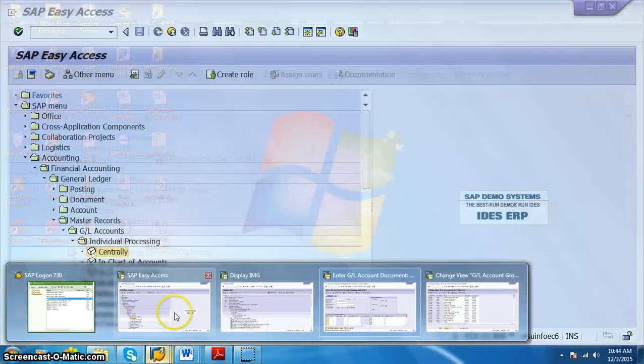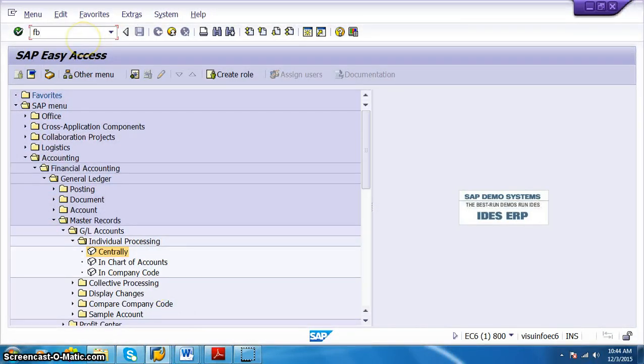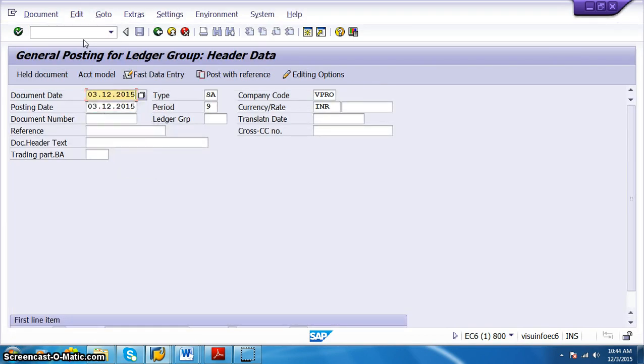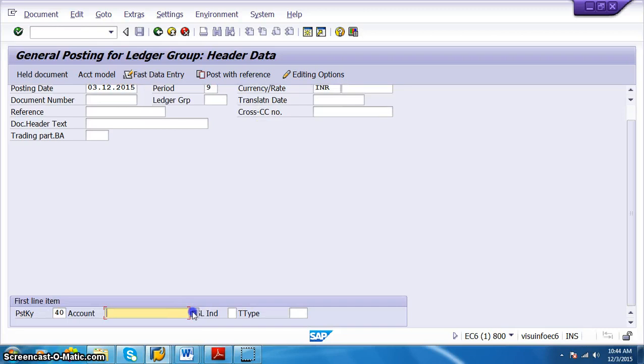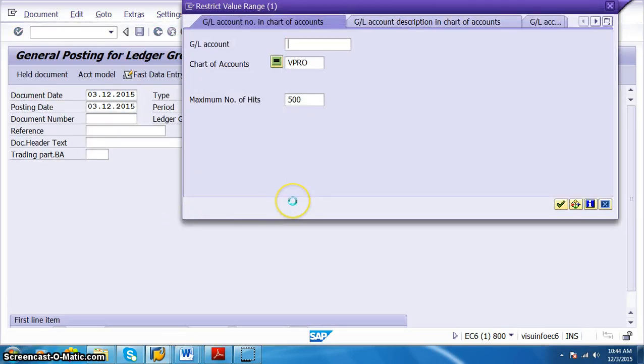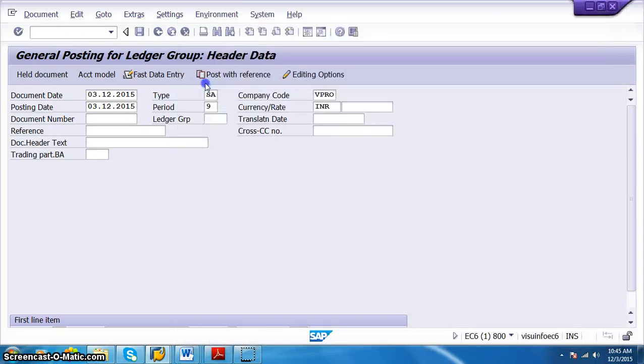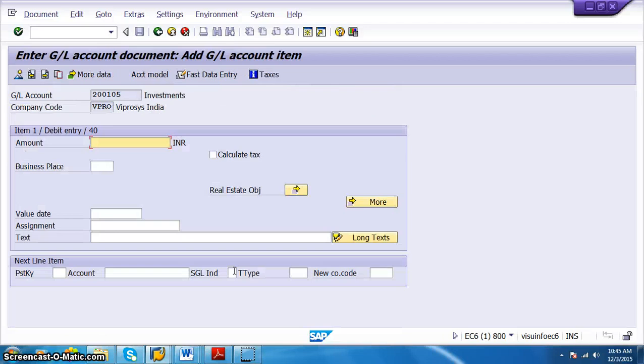For holding the document, we normally have, even in the same FB01L, some option called hold document. Basically there are certain situations in which we want to restrict the end users from posting the document directly. So what we do is we just give them the access to hold the document. Later someone else can log in and the authorized people can correct it, and then they can post it. So here we are just parking the document, not holding, parking the document. So for that I'm taking the investments again. As I discussed, we can create any number of transactions or documents for this.